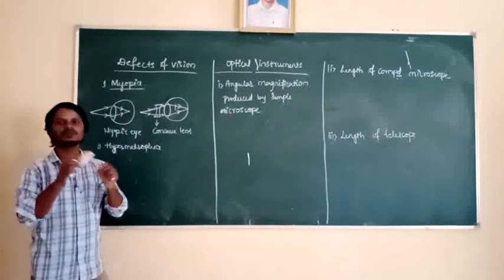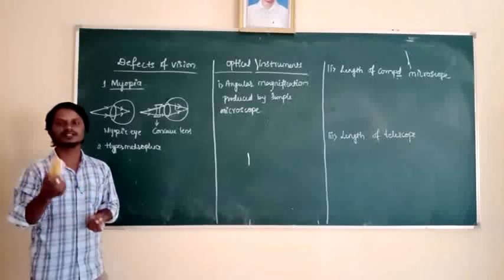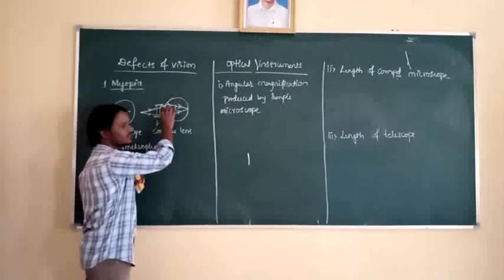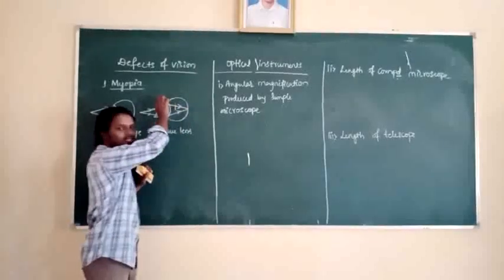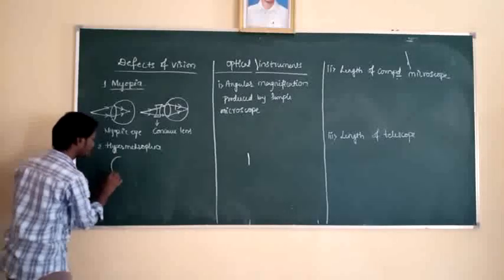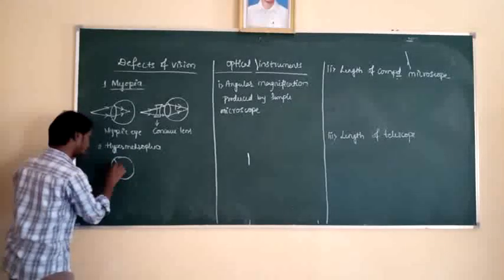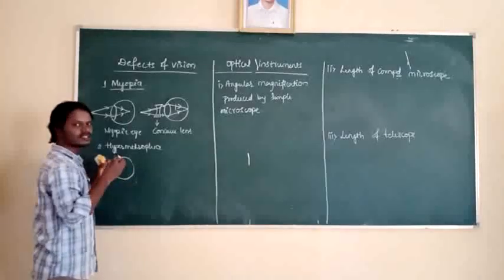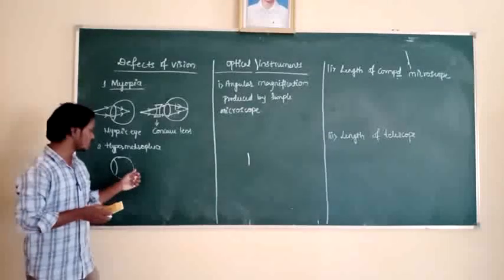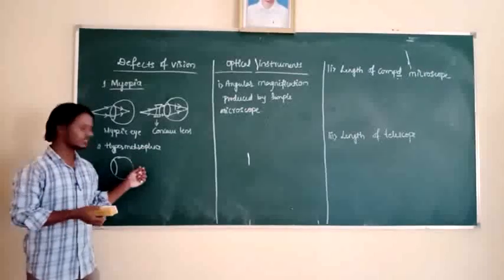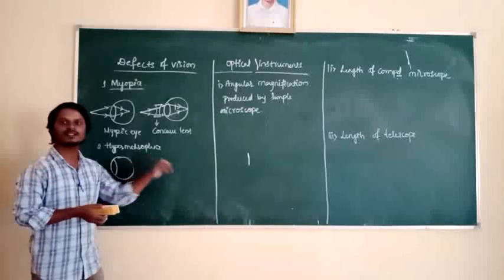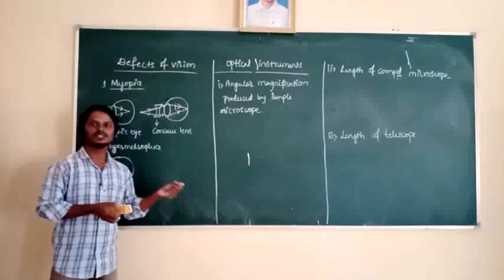So to overcome this hypermetropia defect, we are going to use which lens here? Convex lens. Why is the focal length increased here? Focal length is increased because of decrease in size of the eye lens. I will draw the diagram here. If there is a decrease in size of the eye lens, there is an increase in focal length. So where is the focus point here? The focus point is behind the retina. After refraction, all the refracted rays meet at a point behind the retina. Again, the image of the object should be blurred.